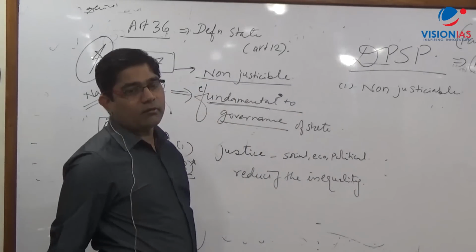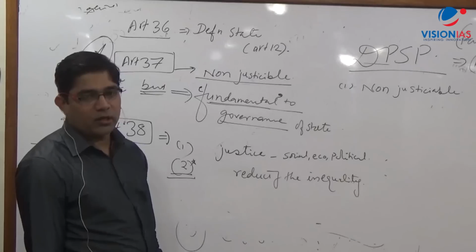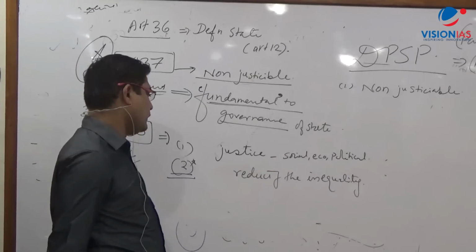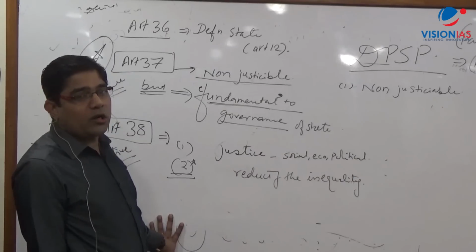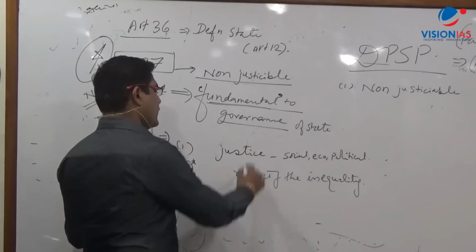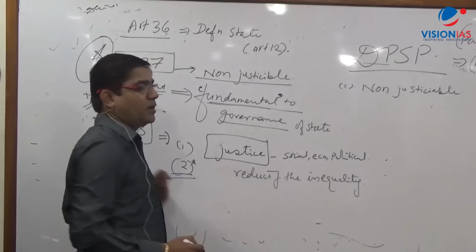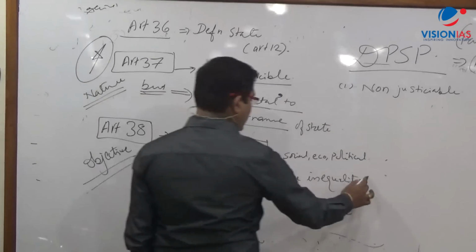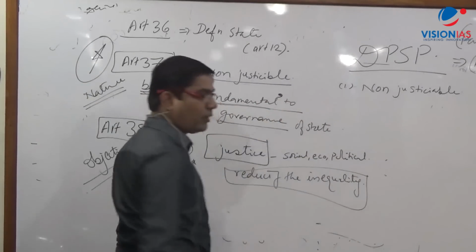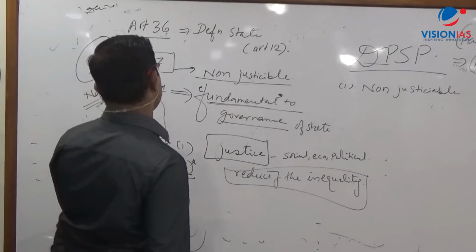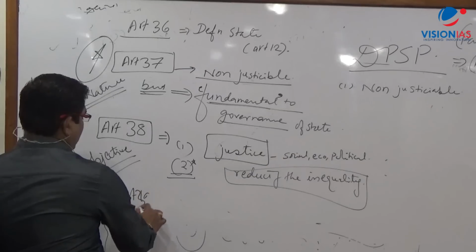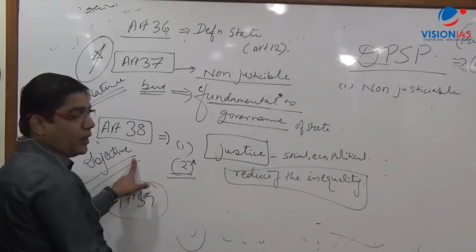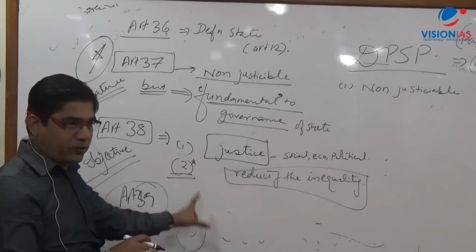Reducing the inequality of status and opportunity, and different kinds of equality. Again, यहाँ पे कोई specific बात नहीं कर रहा है, देखो. Very broadly, they are establishing the objective that directive principles are there to establish justice and to reduce the inequalities. That is Article 38. Now, Article 39 is, ये जो objective है, उसी objective को थोड़ा सा specific तरीके से